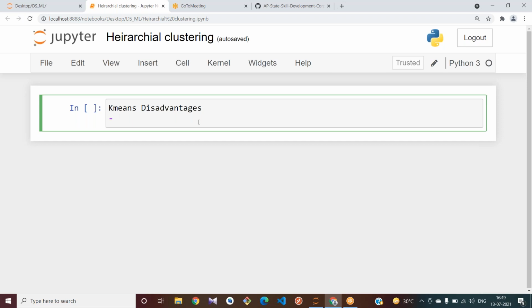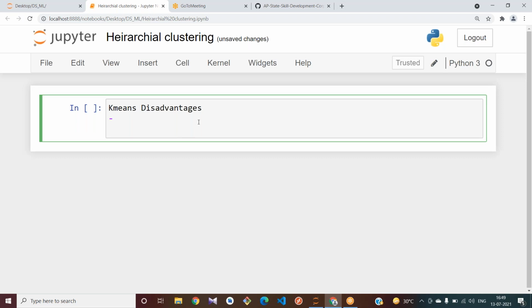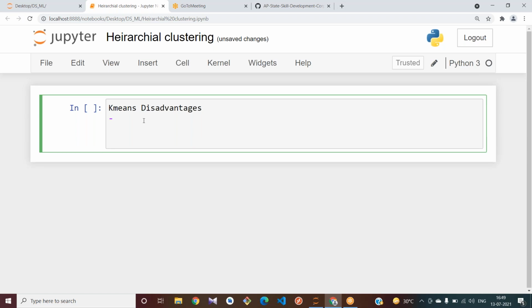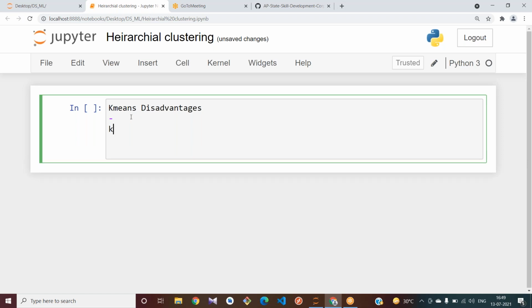If you use centroid data from the data set, that can be called k-means. Okay, there is another term called k-medoids.